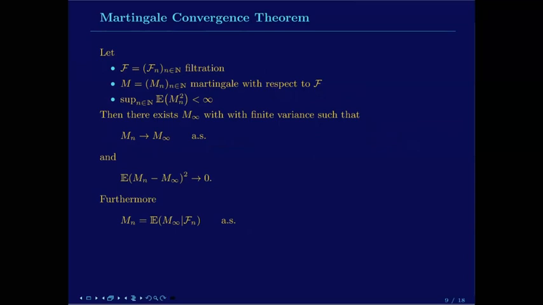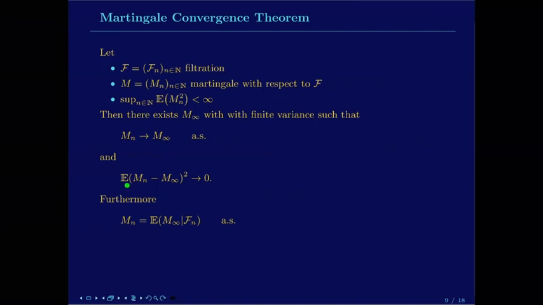That would actually be rather surprising, but indeed, under mild additional assumptions, so we have a martingale with respect to a filtration, and we additionally assume that the variance is bounded for this process, then there actually exists a random variable M infinity, which also has finite variance, such that our stochastic process converges to M infinity almost surely,